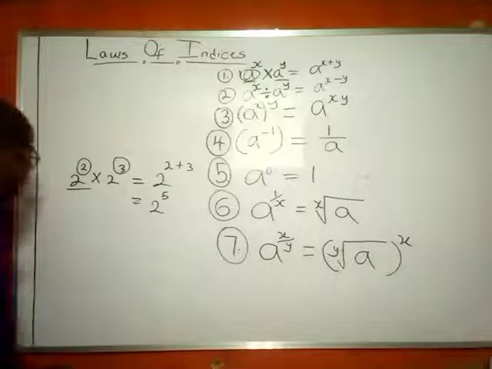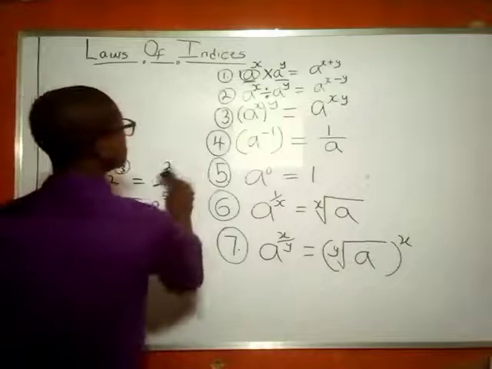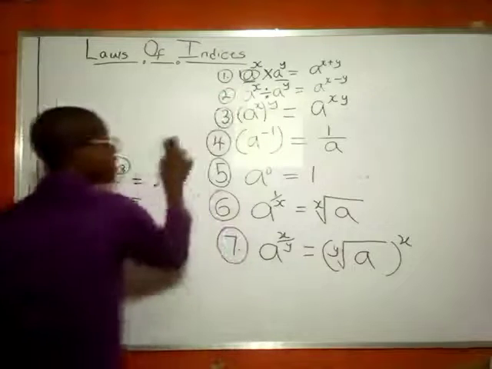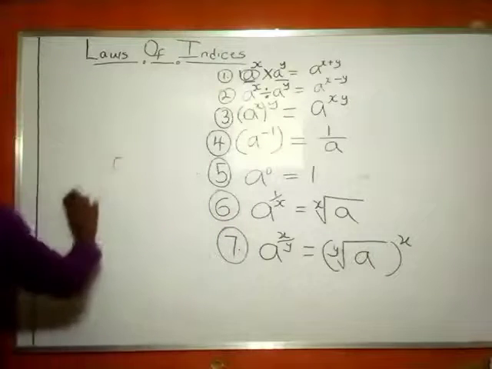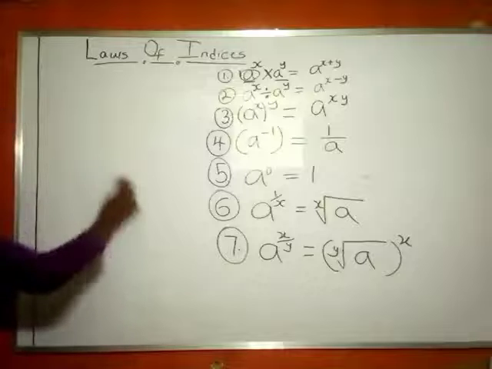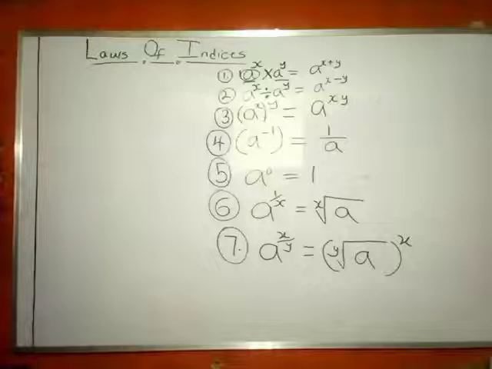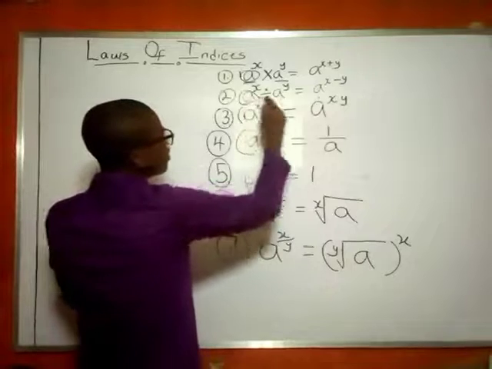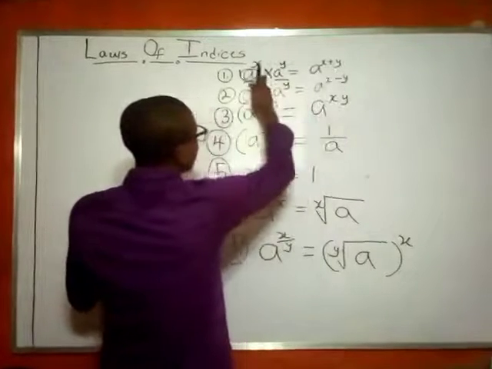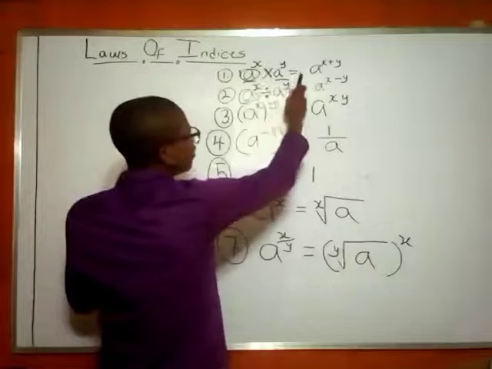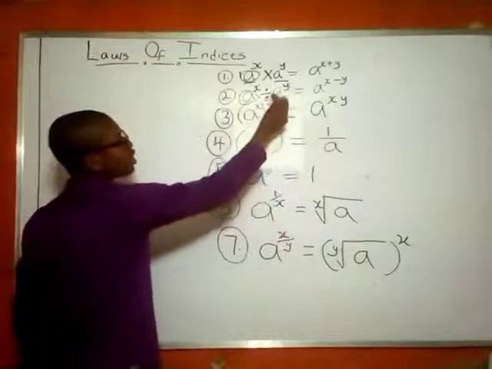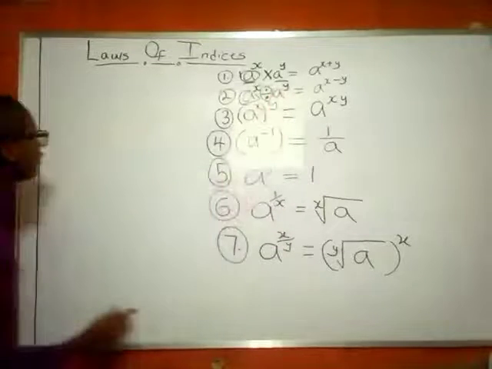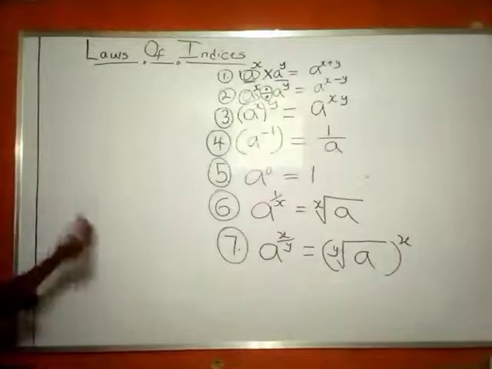We have the second law of indices that says a raised to power x divided by a raised to power y is going to be a raised to power x minus y, meaning that we also take one of the base raised to power x minus y because of the division sign. So that will give us, for example,